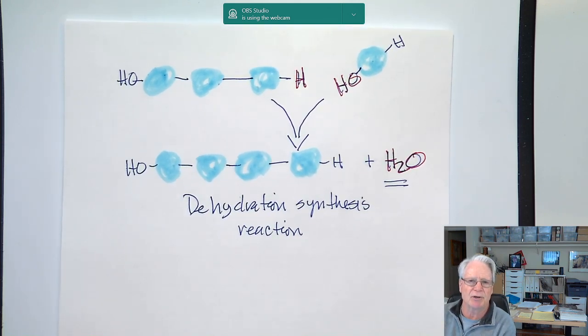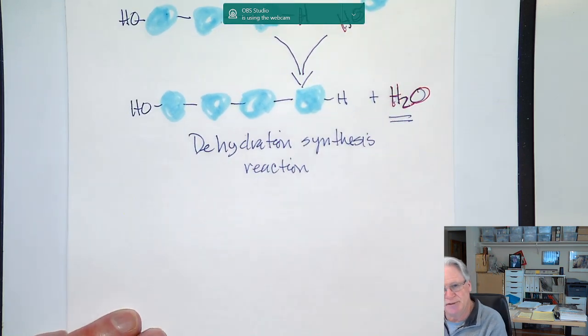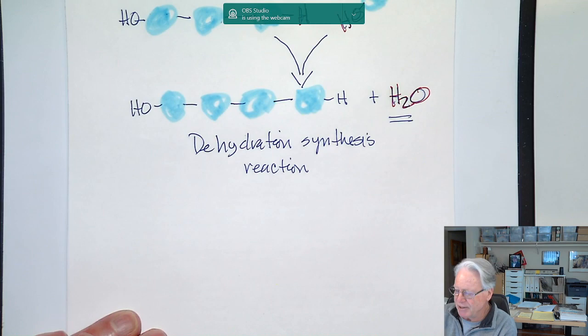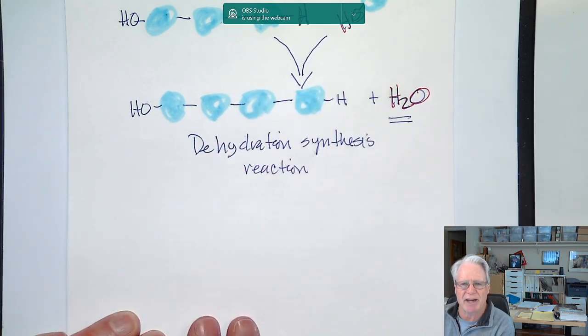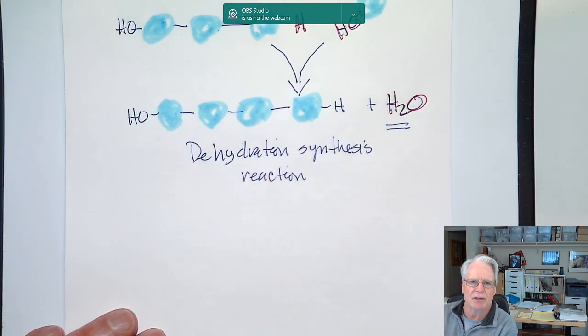I only gave you a few examples, but it happens over and over again inside your body, in many different places and many different types of reactions. But they fit into one of those patterns. Either you're going to remove water or you're going to need water for the reaction to go forward. All right. Let's talk about the third